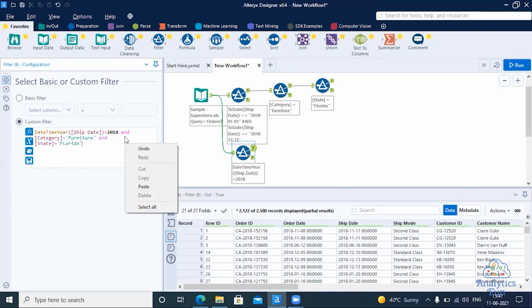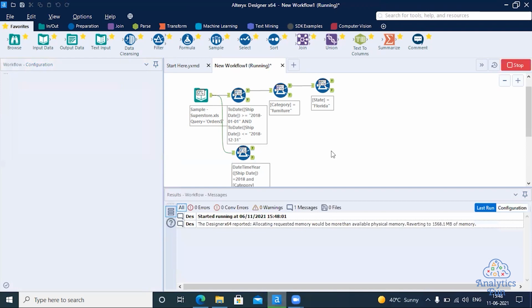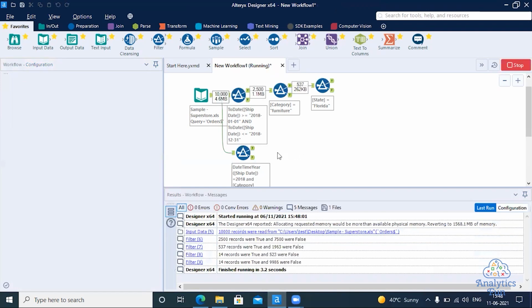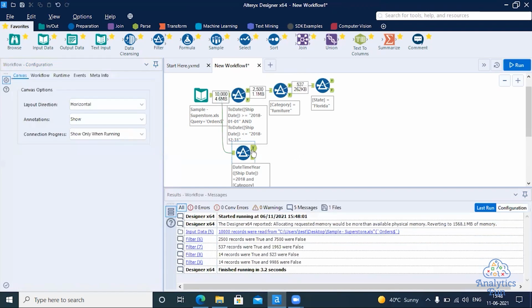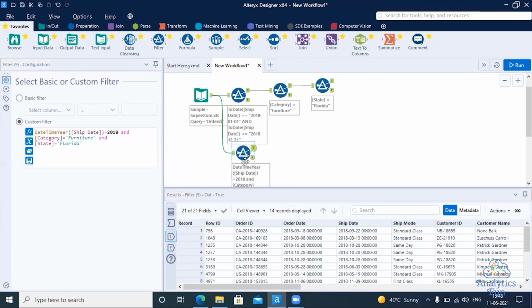Press Control R. Now if I see here, we have 14 records. So this we have accomplished using one custom filter.